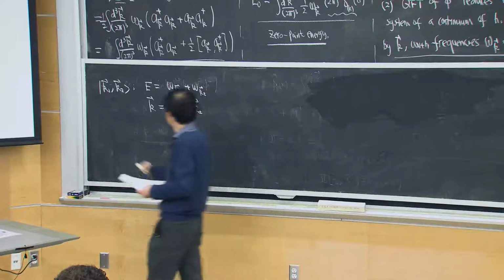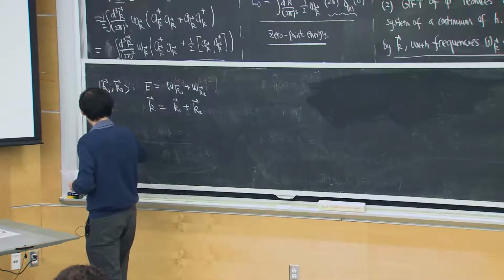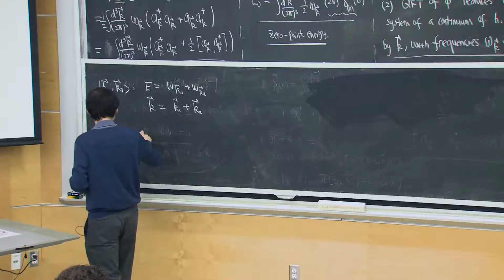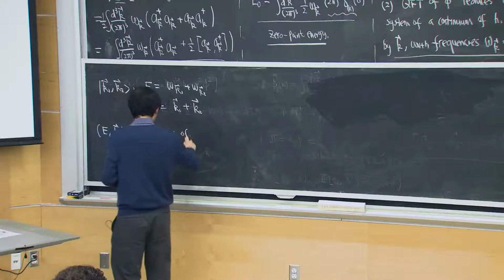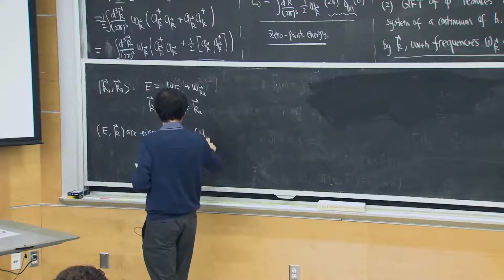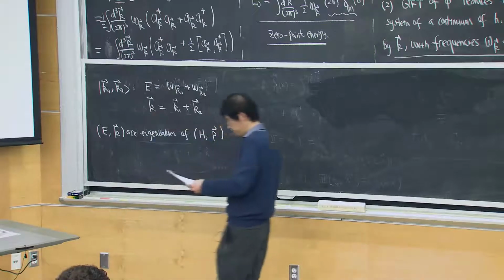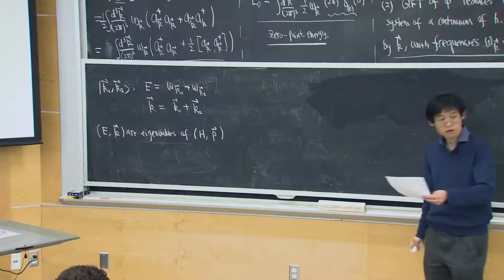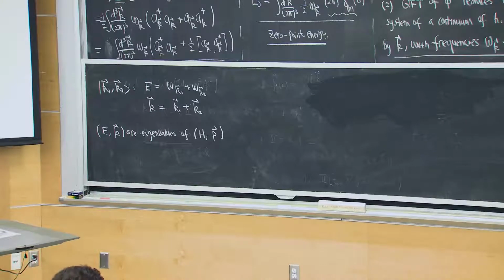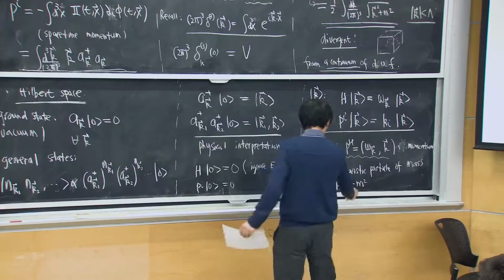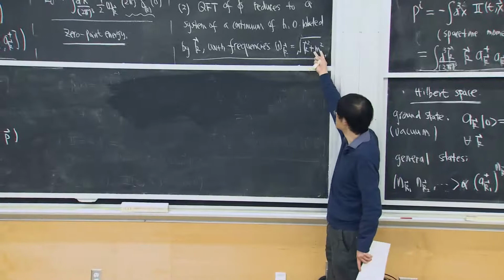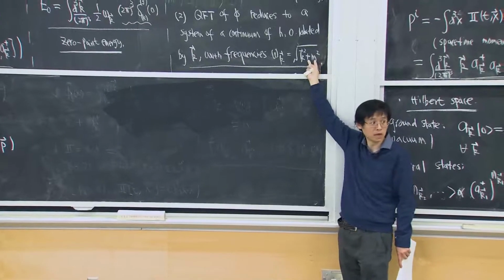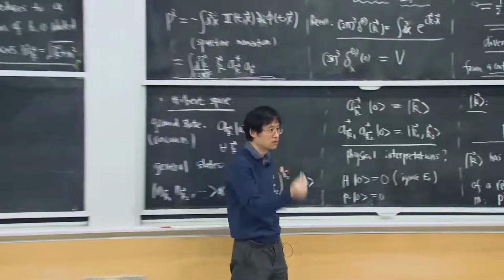So E and K are eigenvalues of H and P. Question? Yeah, so could that mass be 0? So this mass is not 0, right? Because omega k is defined to be this. That's defined by my theory, defined by my Lagrangian. So this is the parameter of your